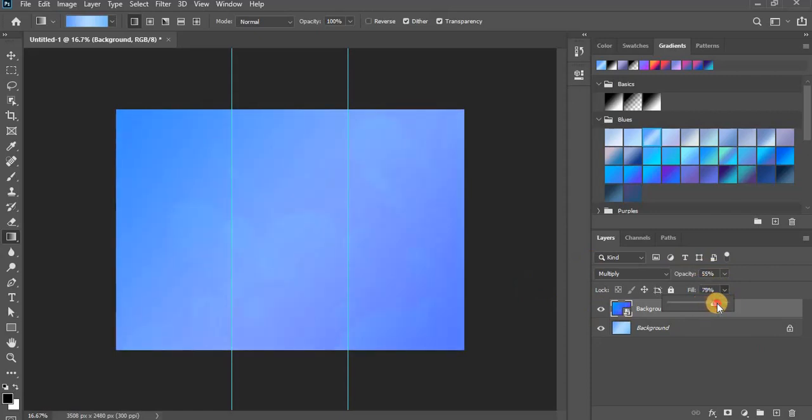Depending upon your requirement, whatever feels better for you, you can use this. So I'm happy with this layout. Okay, so this is what our background is ready. So if our background is ready, what we can do is we can,